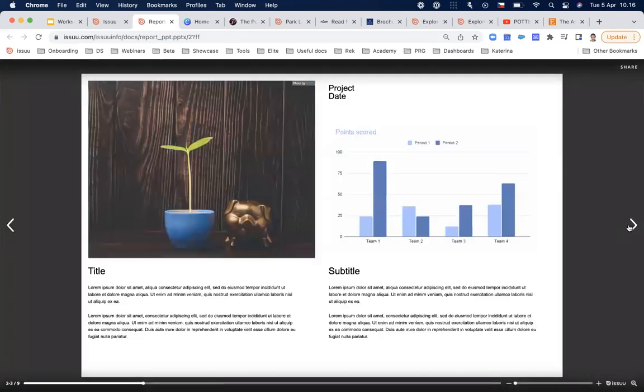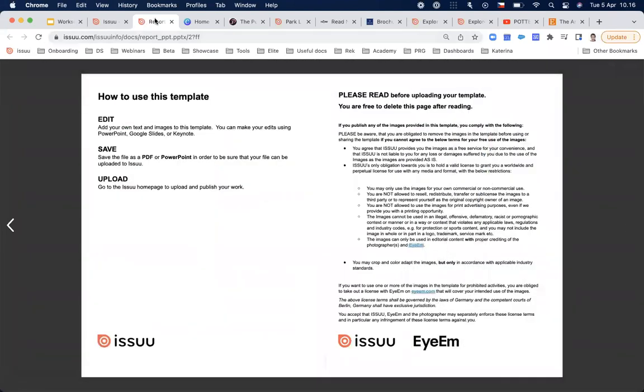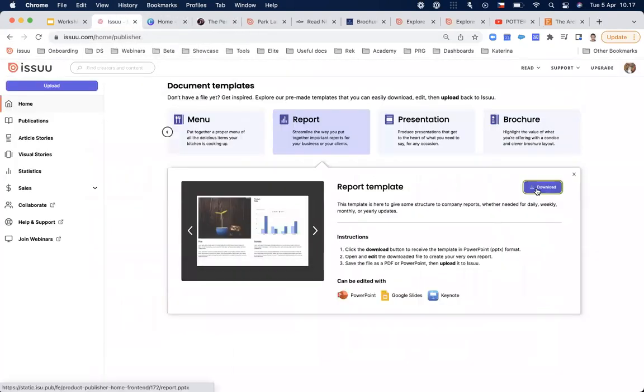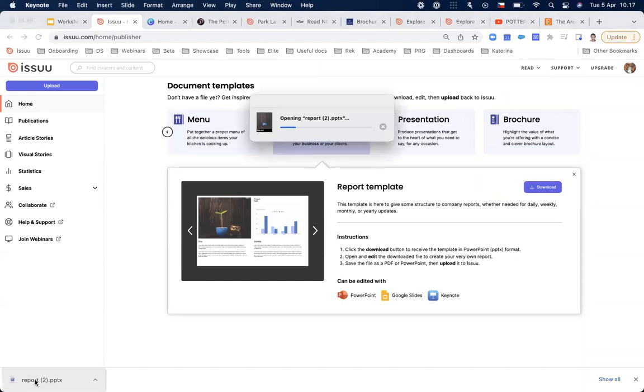You can also open it in full screen. If you like this one, you can go ahead and download it. And then you will be able to edit it either with PowerPoint, with Google Slides, or with Keynote. I got this question, what I suggest, maybe I really like Google Slides, so I would use Google Slides for that. But let me also show you with Keynote, or in case you have PowerPoint, you can